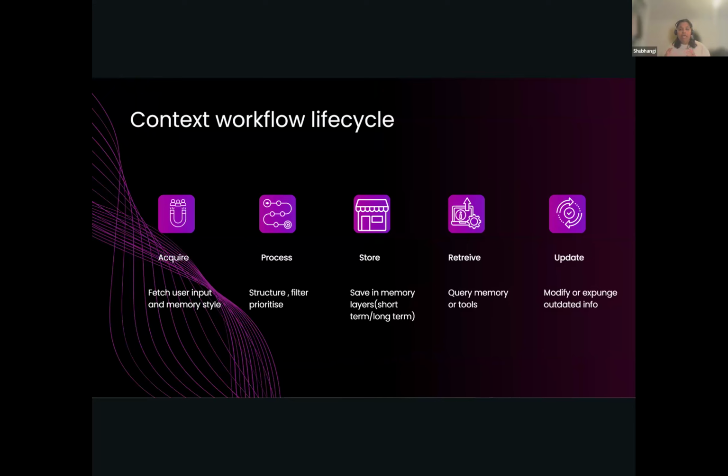Second is processing that data. All the data that you have is not really important, so you have to structure, filter and prioritize which part of the data you want to use. The third is, when you have done all the processing and structuring, you will have to store that data somewhere, which is essentially in the form of a memory. It could be short term, it could be long term, but that largely depends on the use case. Are you trying to have a session based agent, or are you trying to build more of an ongoing conversation where the user authenticates themselves and the agent is supposed to remember who the user was, what their preferences were, and what kind of knowledge they needed.